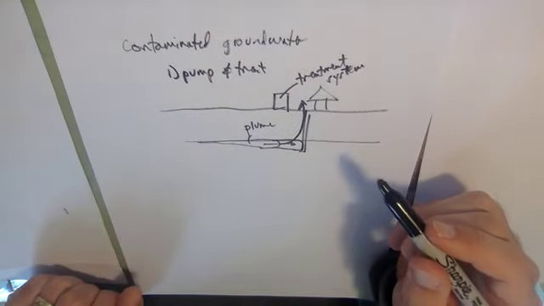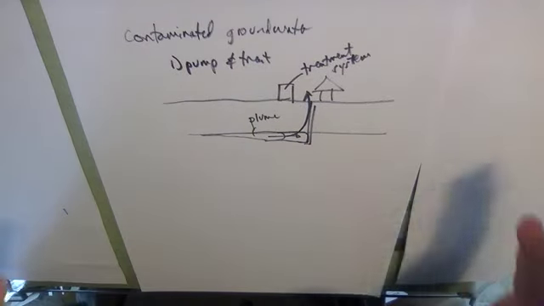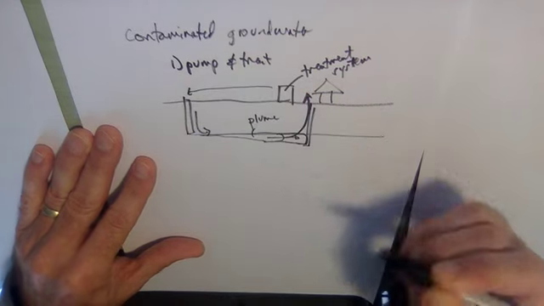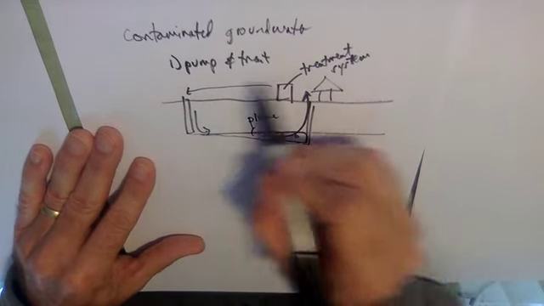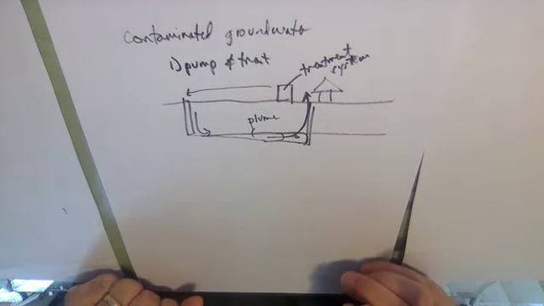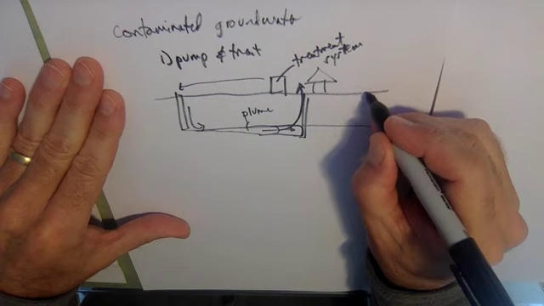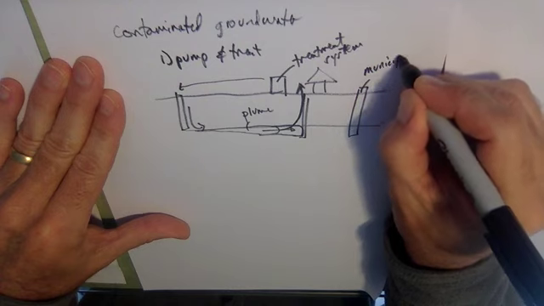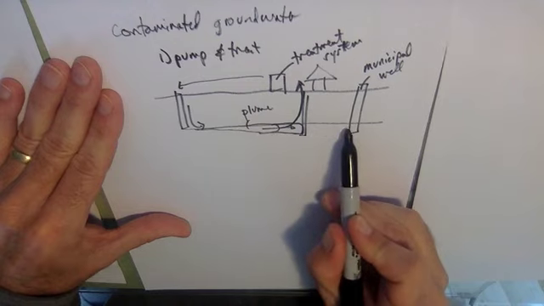That extracts the contaminants. In some cases, the water that's been treated, which may still have some small amount of contaminants in it, is actually brought over and re-injected back upstream of the plume so that it then gets recycled in with the plume and it undergoes multiple courses of treatment. So you basically have a sort of a capture zone here. In some cases, if you had, let's say, a very sensitive, like a big municipal well here, supplying lots and lots of people, and you have this very dangerous plume making its way here, you might not